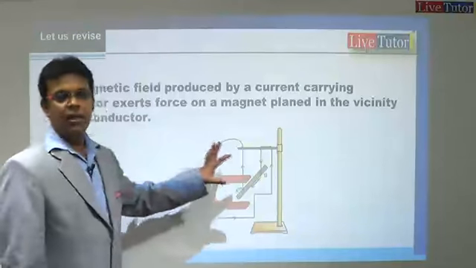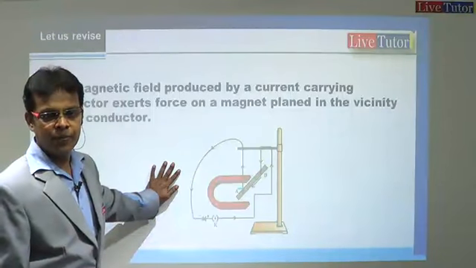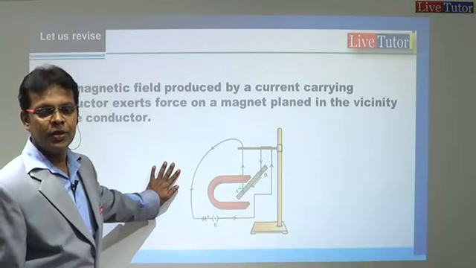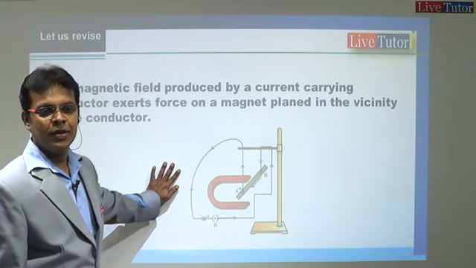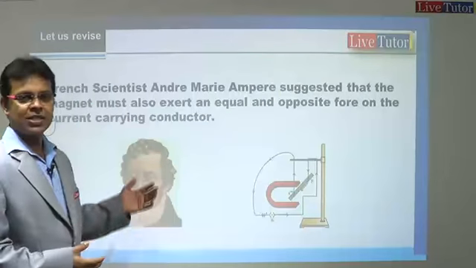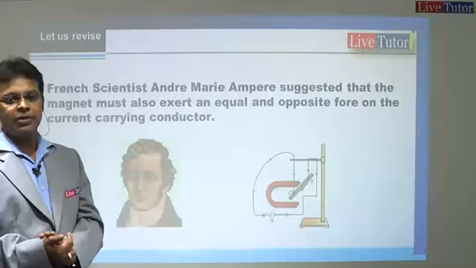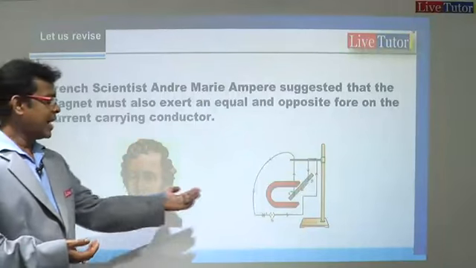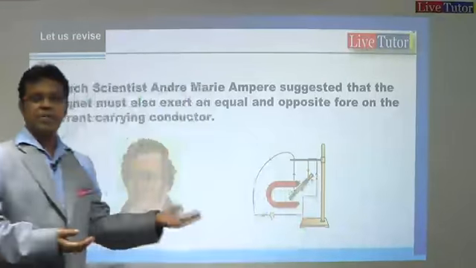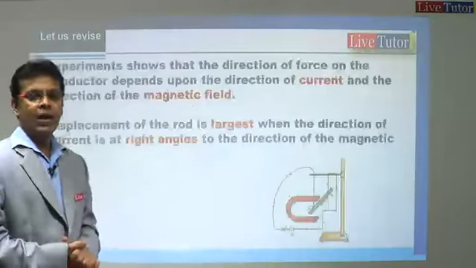And who proposed this theory? Do you remember that? Who gave this theory? Exactly. Andre Marie Ampere suggested. He suggested that based on Newton's third law, equal and opposite force. When the rod is exerting a force on the magnet, the magnet will also exert a force on the current carrying conductor. This was suggested by him. Okay. Now,